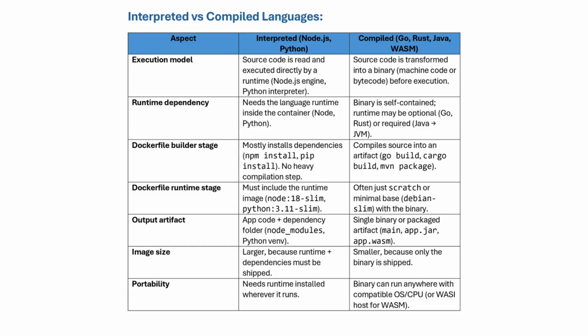For example, if you want to run a Node.js application, your system or runtime environment must also understand Node.js as a language. If it is Python, it would be the same. Your runtime environment must understand Python, whereas in compiled languages, it is not like that.